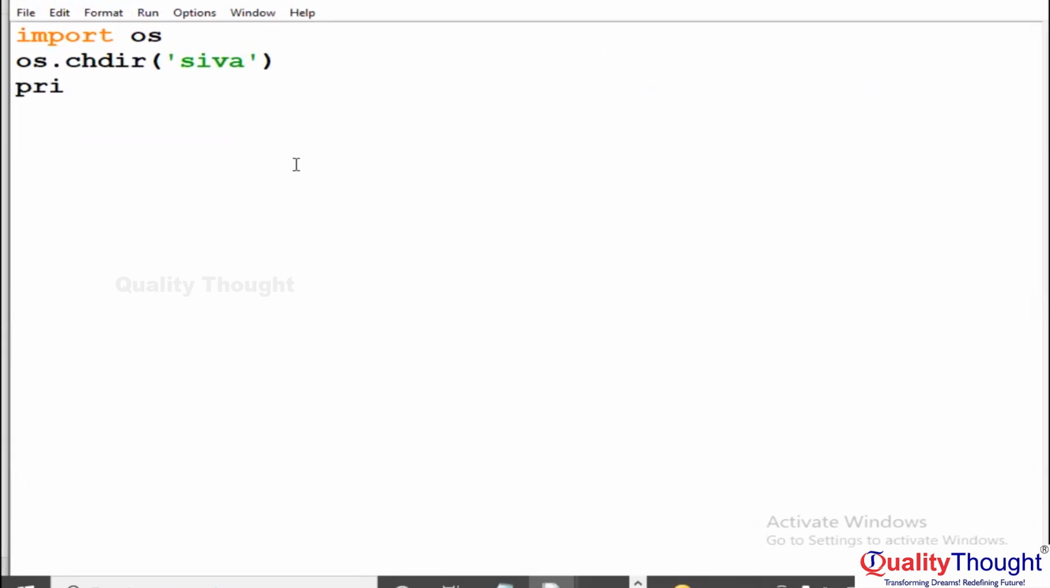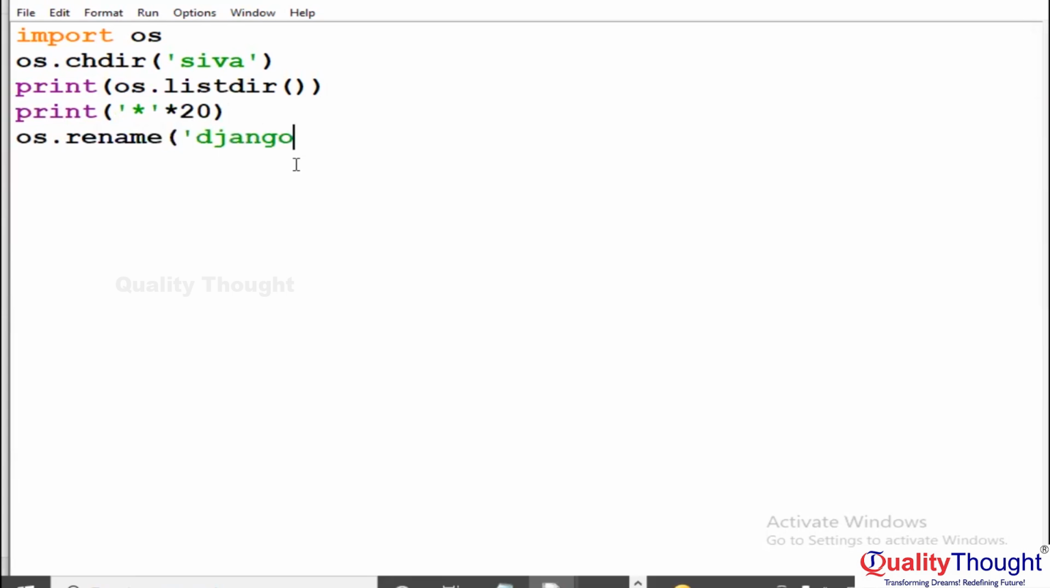Now I want to print the list of directories: os.listdir. Next one, I want to rename it. os.rename of old directory name Django, new directory name I am taking as DJ. os.rename of